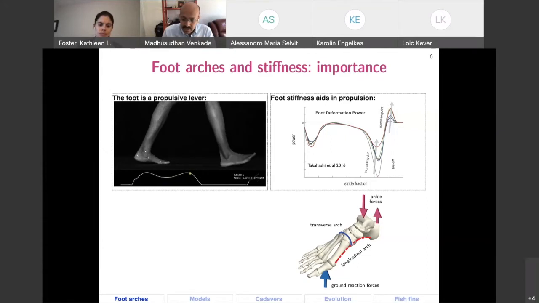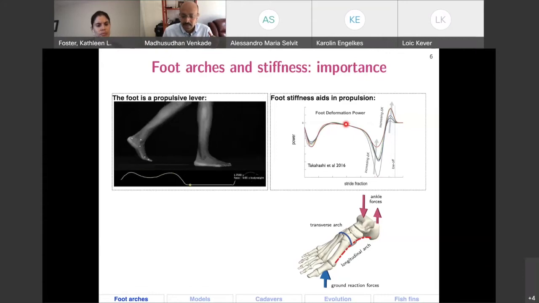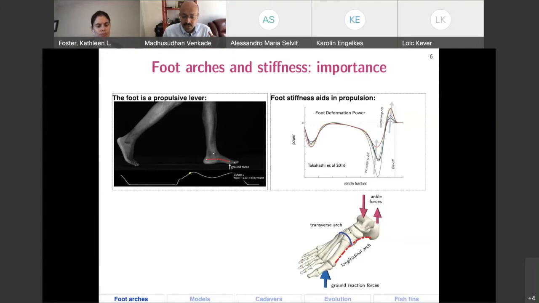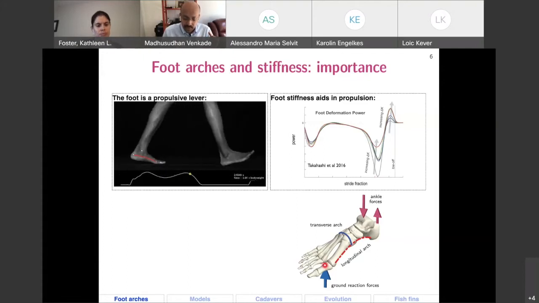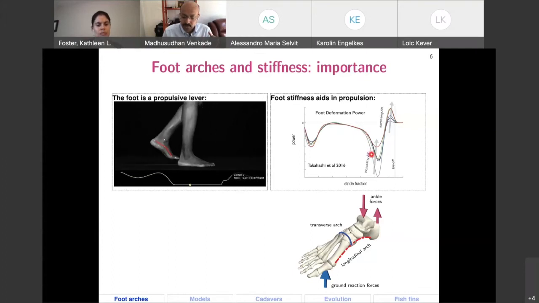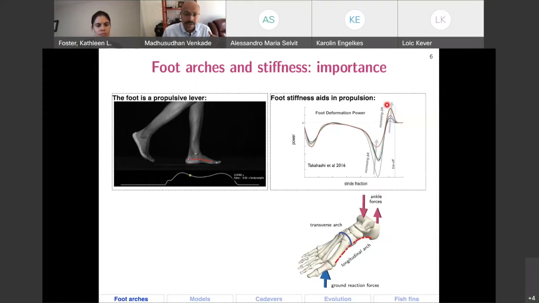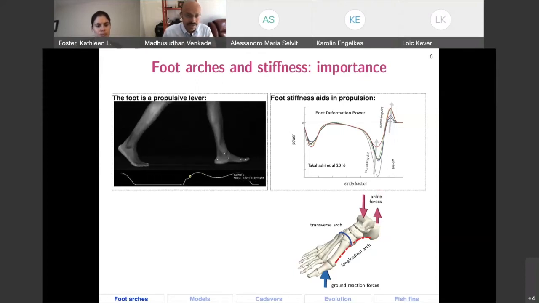There are many curves, but all of the curves follow the broad trend. There's some amount of work absorption in the foot. Then for most of stance, very little is happening in the foot. And just before you're about to push off, when you start loading the front of the foot, is when you see the foot absorb a lot of energy. So there's a lot of negative power and return some fraction of it as positive energy just when you push